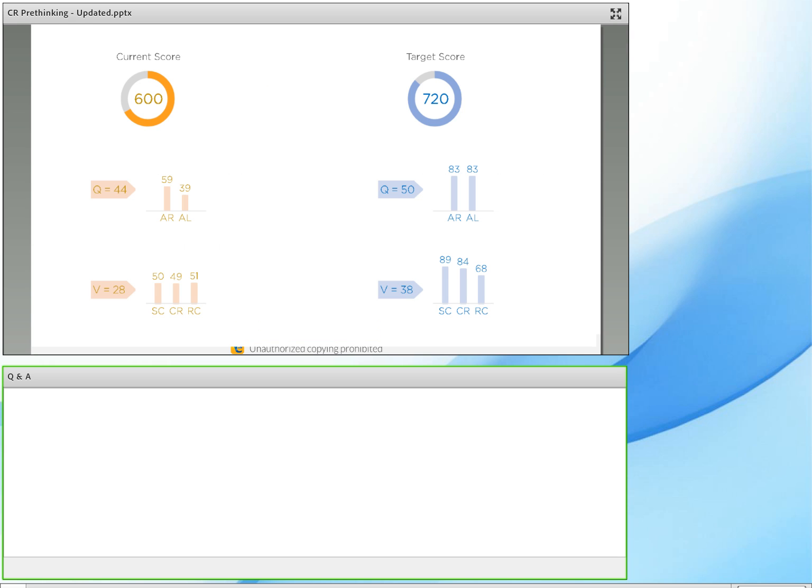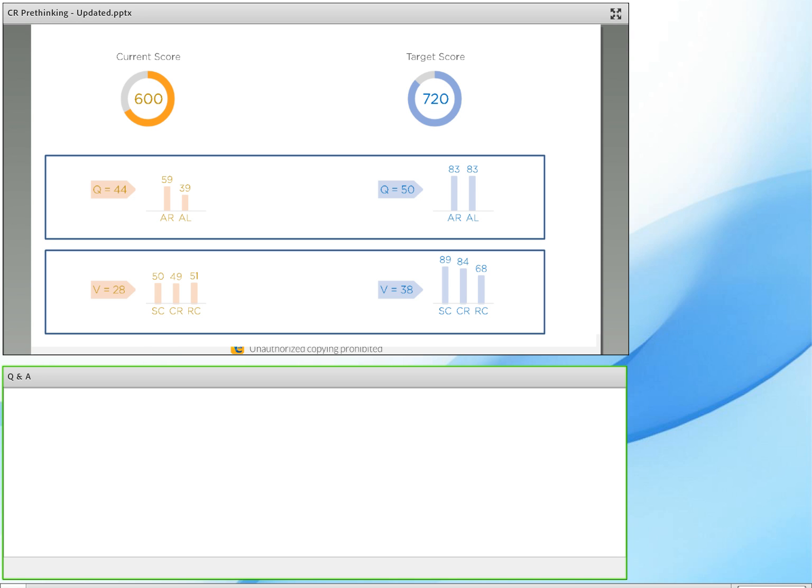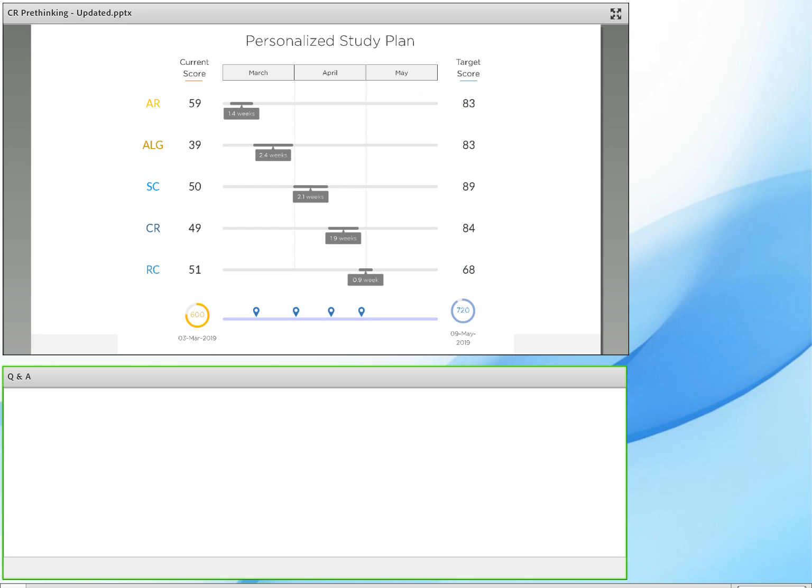So when you combine the starting abilities and the ending abilities, this is what it looks like. You see 10 data points on the screen. And in quant, what you're looking to do is go from a 59th percentile in arithmetic to an 83rd percentile, and a 39th percentile in algebra to an 83rd percentile. Similarly, on verbal, you can really see how the 3 starting abilities are mapped to the 3 target abilities. If you hit those target abilities, you hit that V38 and a Q50.